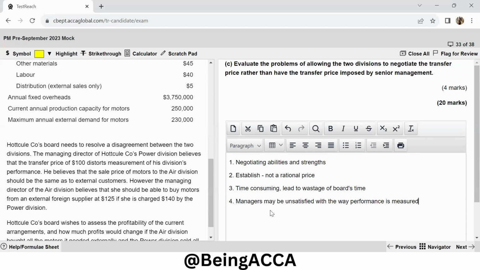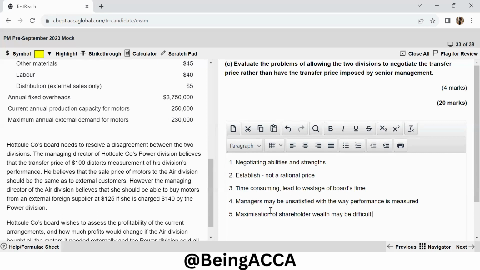performance is measured. Another problem that you can tell over here is that when you are leaving the transfer price to negotiation, maybe there are delays and so many problems that lead to difficulty in your ultimate objective, which is nothing but maximization of shareholder wealth. So maximization of shareholder wealth may be difficult,